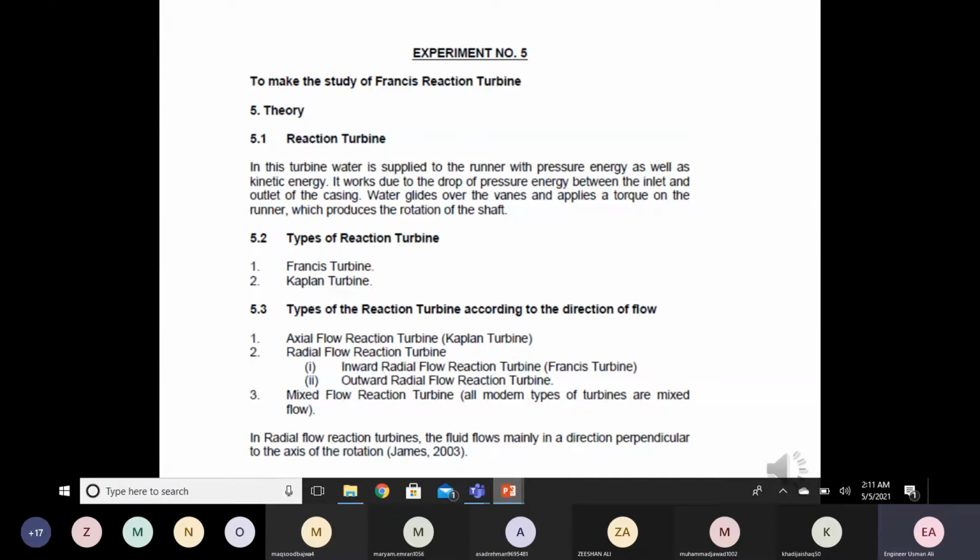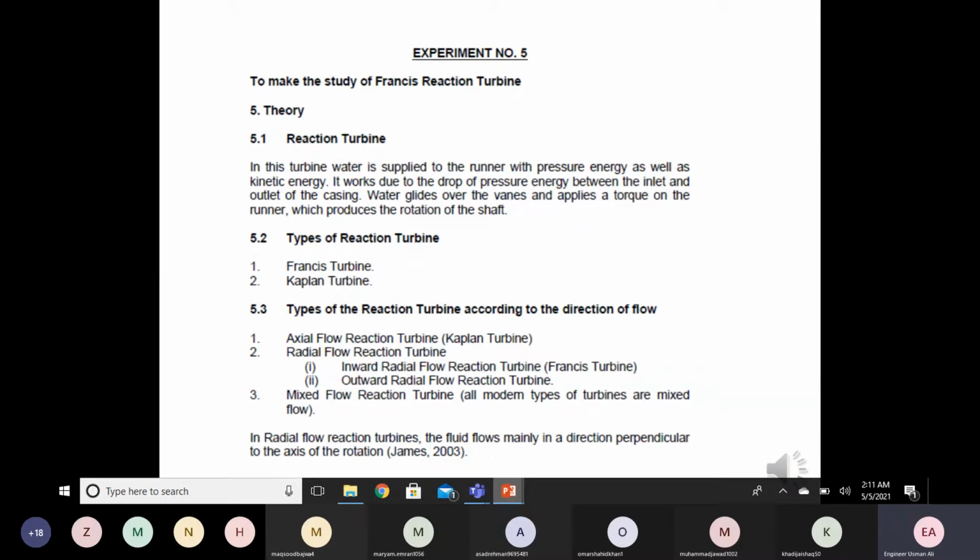First of all, you are hopefully now clear about the study of a machine. Study of a machine means to physically inspect the machine, to know the working of the machine, to know the components and their arrangements, and the functions and working of each component of the machine. So this is the study of a machine: going for physical inspection, knowing the working of the machine, knowing the components, and knowing the working and functions of the components. That is the study. So in this job, we'll discuss the Francis reaction turbine.